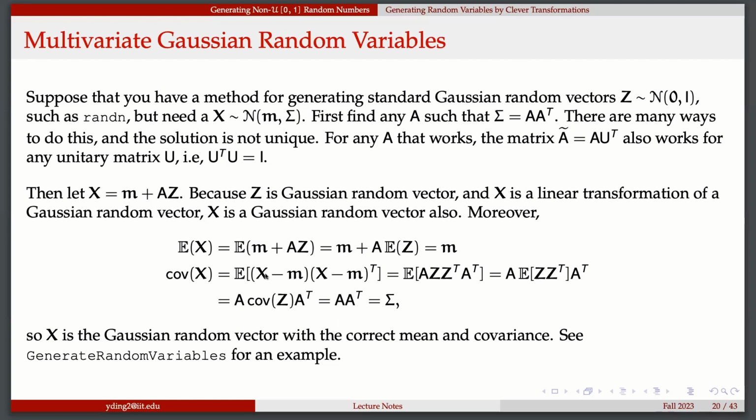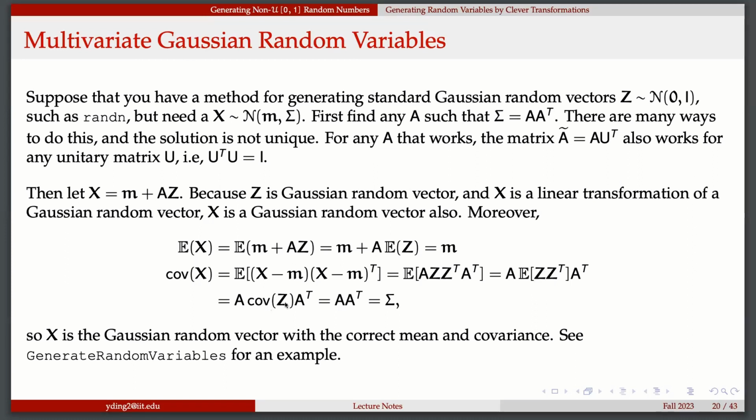So the variance of X is the expectation of X minus M times X minus M transpose. And what is X minus M? You plug in this A times Z, and this is the transpose of that: Z transpose times A transpose. Of course A is a constant, it has nothing to do with your expectation, so you just put the expectation inside. Then what is Z times Z transpose? Because its mean is the zero vector, this is exactly the variance definition of Z. So it's also the covariance.